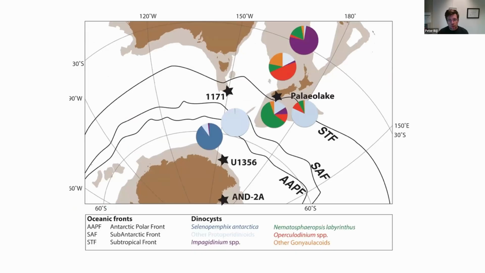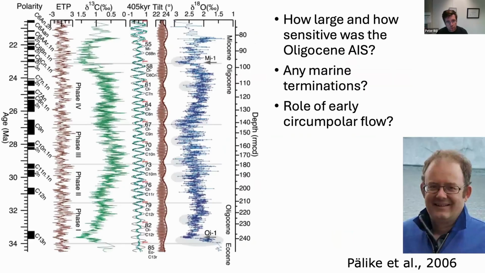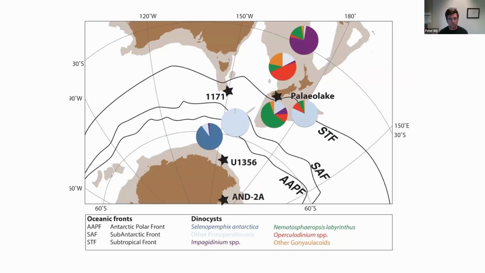And so, if we think about the Oligocene, I think it's characterized by this time interval where the Antarctic ice sheet was really variable in size. And I think it's important to think about what the role was of the developing Antarctic circumpolar flow around Antarctica that might deliver an explanation to the dynamics of the Antarctic ice sheet in the Oligocene. And so for that, we can look at the record of ocean conditions close to Antarctica.